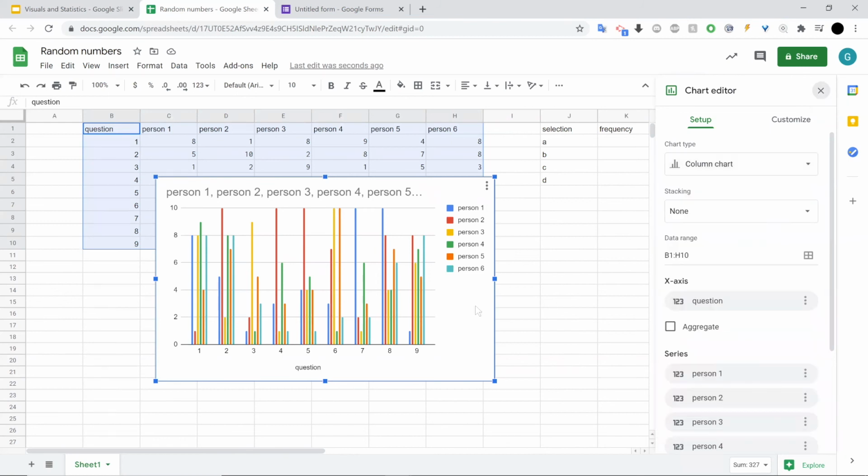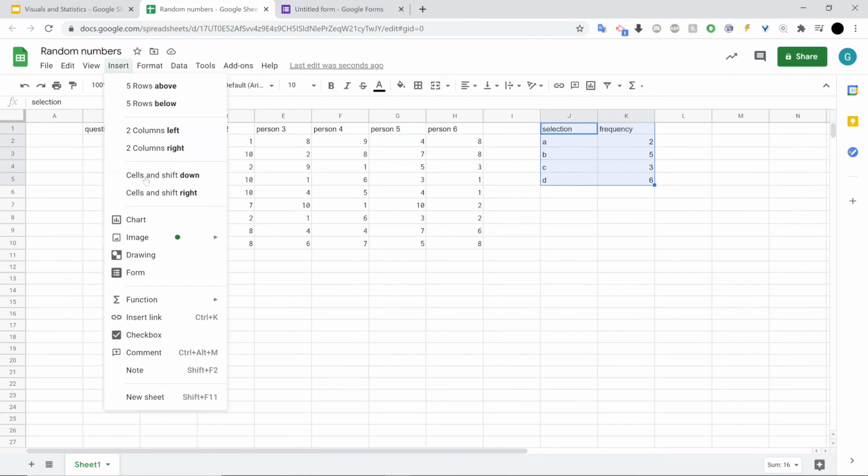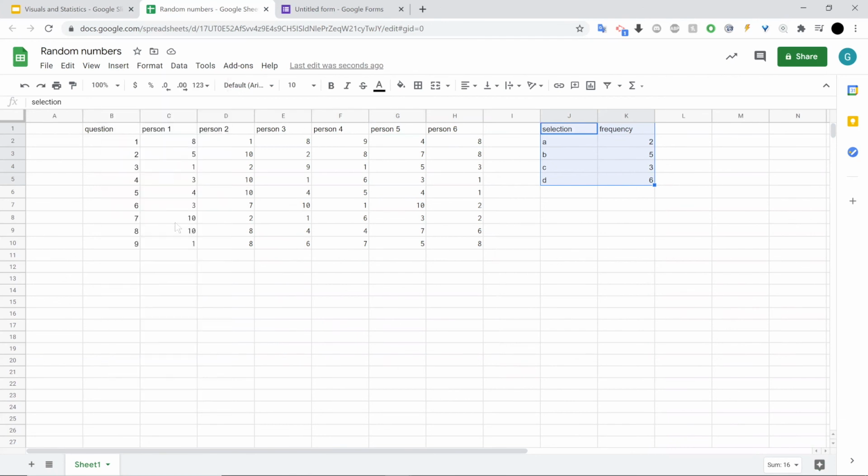Another example, let me delete this one real quick. Here's an easy way to make a pie chart. So right here, I have selections like an answer choice and the frequency, how many times it was chosen. So maybe you're doing a survey, like a multiple choice survey, and you're trying to illustrate that people chose one option over the others. So you can do the same thing. You highlight it, you go to Insert, Chart, and